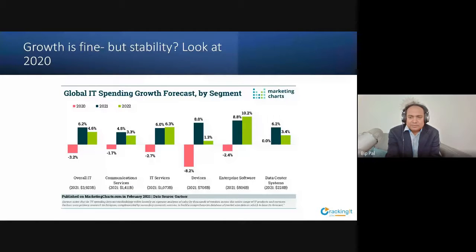Now, it's very interesting to see that a few verticals of IT withstood the pandemic. They were not affected by it. One is data center and systems, and I'm going to show more details of that. What is important to note here, and why I'm showing these statistics of 2020 versus 21, is that if you find a vertical that was stable even in the pandemic years, you know that vertical was stable. Maybe it did not have growth, but at least you did not risk any kind of layoff in that vertical, provided you did well. This is why this graph is important.